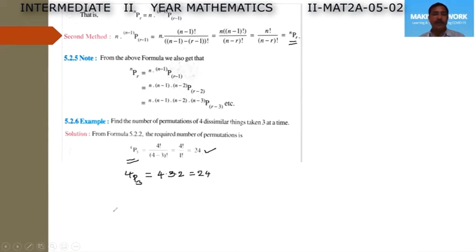When the r value is given, we can write nPr directly as the product of r consecutive numbers from n in descending order up to n−r+1. So let us see some more examples on this formula nPr, which gives the number of permutations that can be made from given n different things by taking r things at a time when repetition is not allowed.